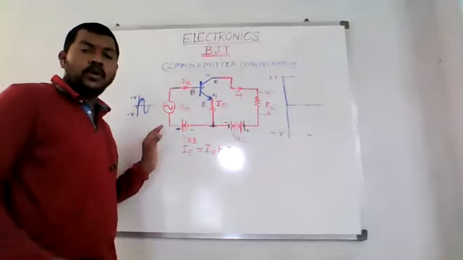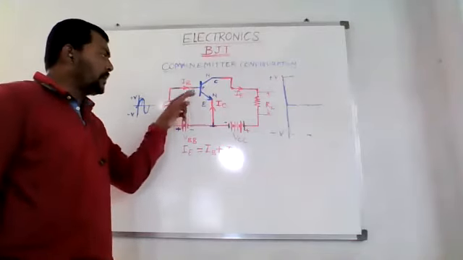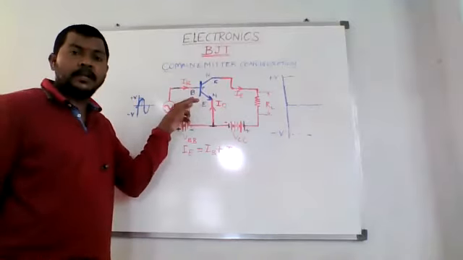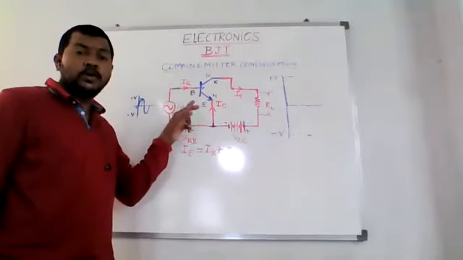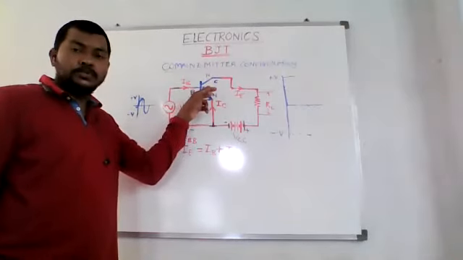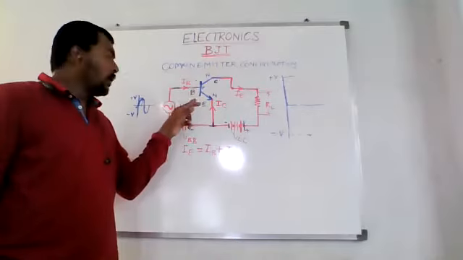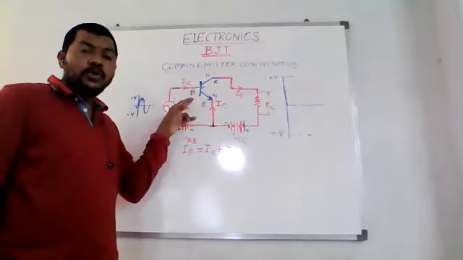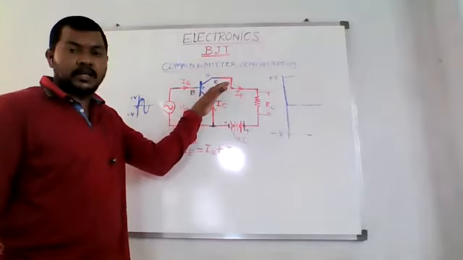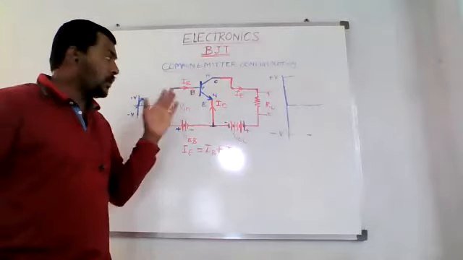So for that, you need to understand the basic construction of the base, emitter, and collector, right? So the base was very, very lightly doped. The emitter was heavily doped because it has to emit the charge carriers into the base. And the collector is moderately doped because whatever the emitter gives to the base has to be taken by the collector, and that's why it is negatively charged.